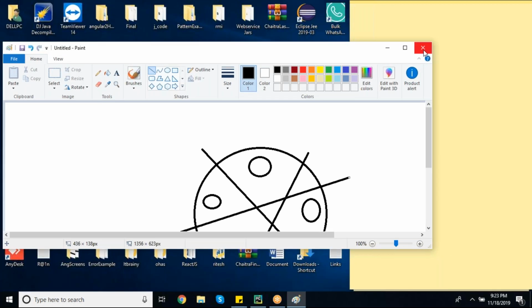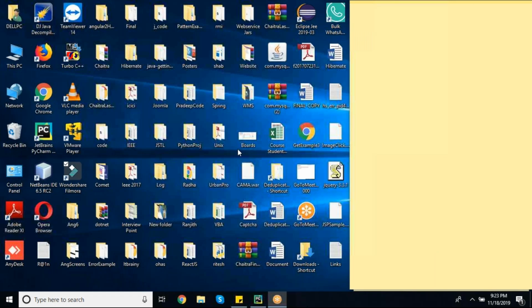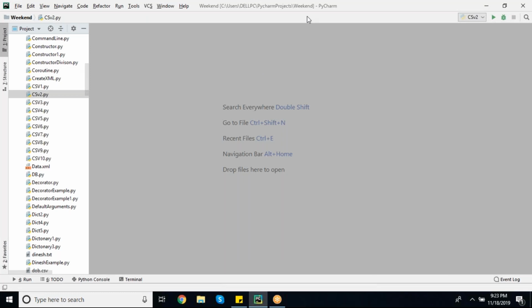Write the heading: possible ways to create a thread.